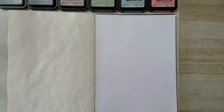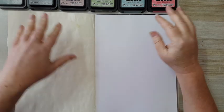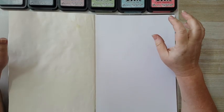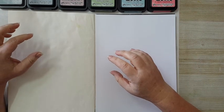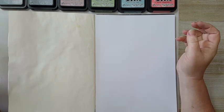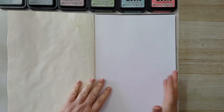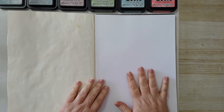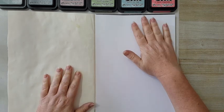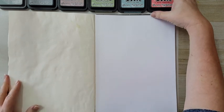Hi everyone, our journal page today, and I'm working in this sketch paper notebook, and I want to use some distress inks, but if I use them directly on a sketch paper it will just soak in and I will have problems working with it. So I just took a white paper from a paper pad for painting, I think 180 grams. I just wanted white and smooth so that I will be able to play with the distress